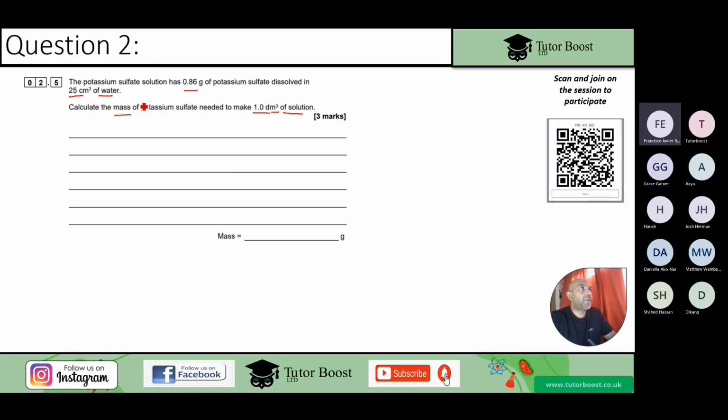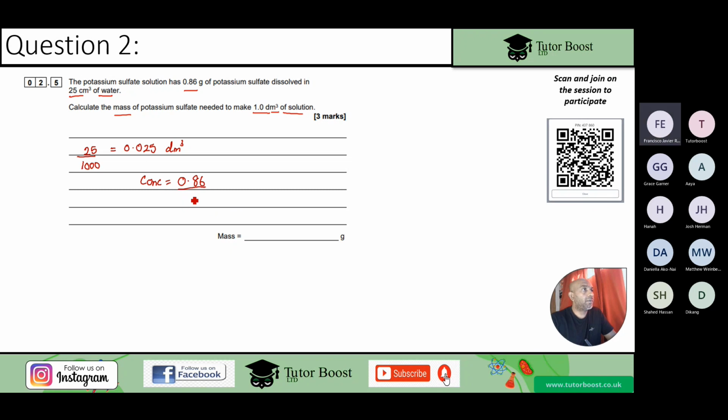So the potassium sulfate solution has 0.86 grams of potassium sulfate dissolved in 25 cm³ of water. Calculate the mass of potassium sulfate needed to make 1 decimeter cube. So conversion. You will need to convert the 25 cm³ into dm³. If you divide that by 1,000, you will get 0.025 dm³, right? So you convert the volume, that is going to give you 1 mark, and the concentration